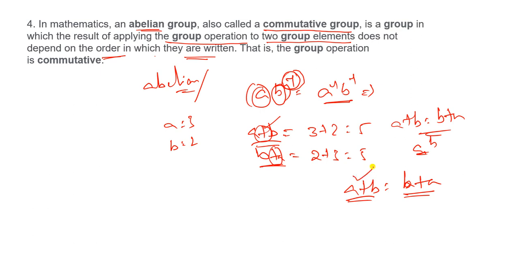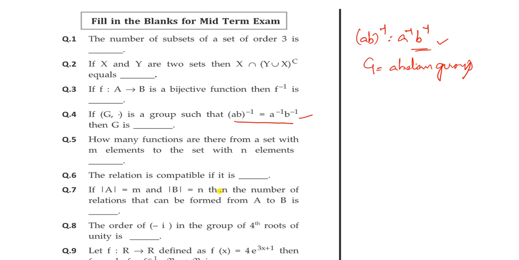Here A plus B value equals B plus A value. Similarly, AB equals BA. 5 2s are 10, 2 5s are 10. If the order changes, the value is still the same. What do we call that? Abelian group or commutative group. Okay. That is it. And see the next question, fifth question, how many functions are there from a set